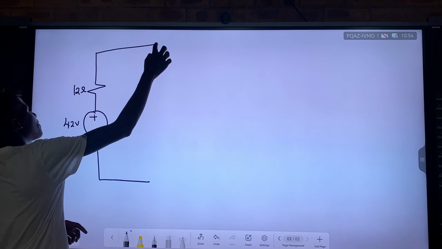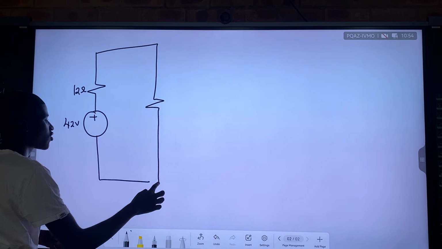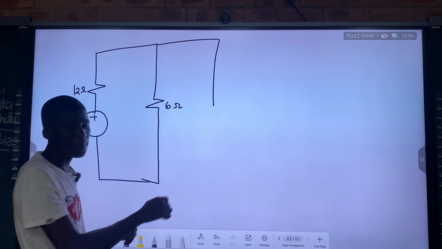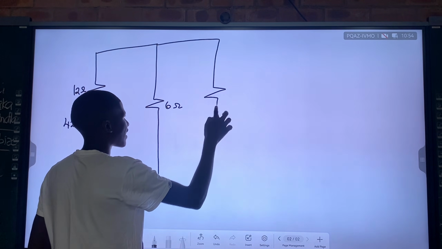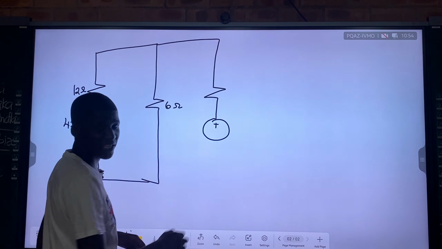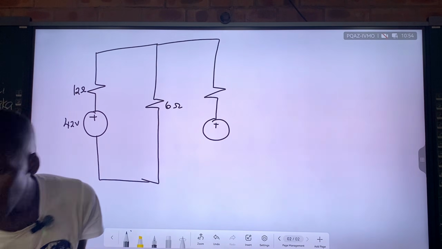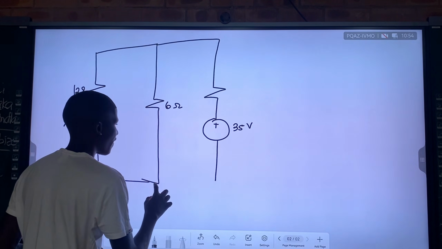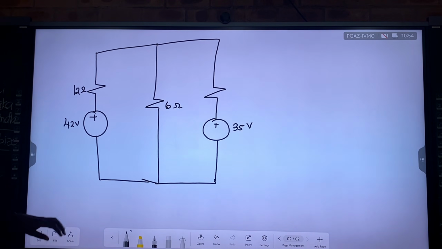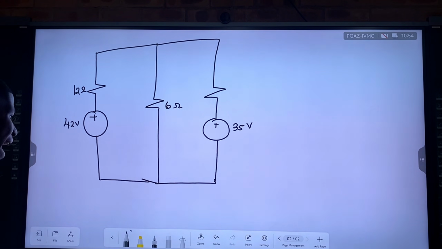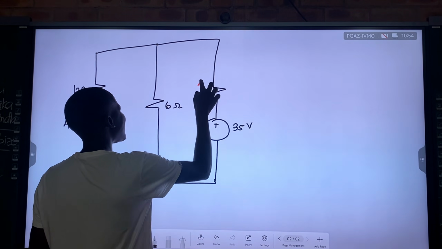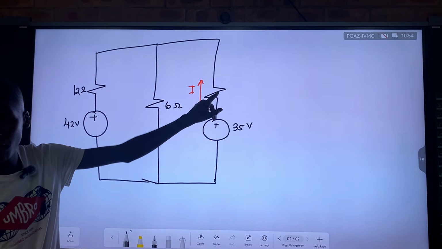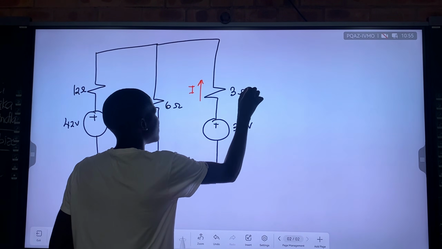Beautiful stuff. So here we are going to put a 6 ohms resistor as stipulated by the problem example. Then we are going to put another resistance here and another voltage source having a voltage of 35 volts. 35 volts. Nice. All right. So what is the question? Provided that the current passing through this resistor is I, and provided the resistance of battery B, which is 3 ohms, the internal resistance.